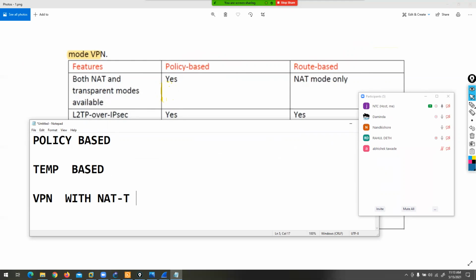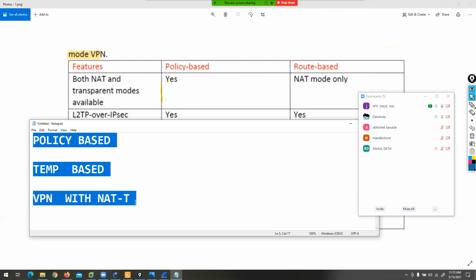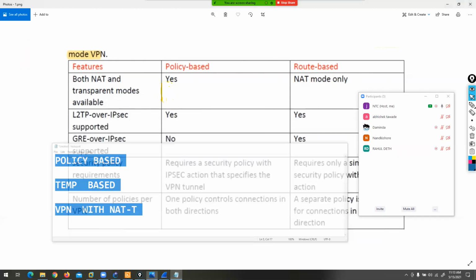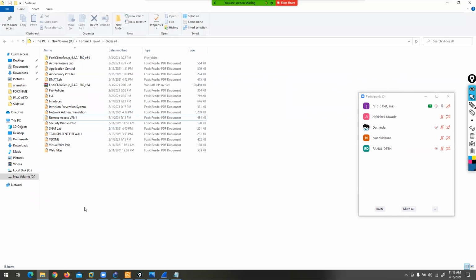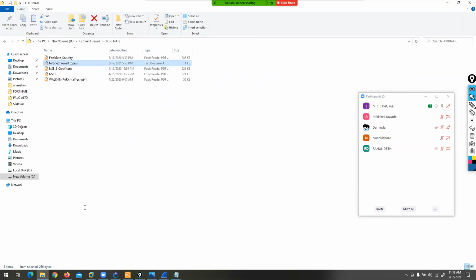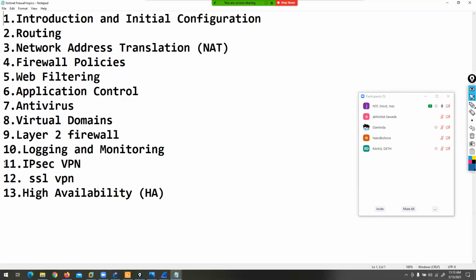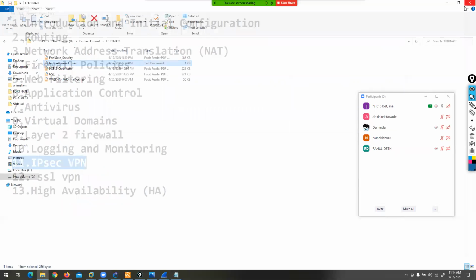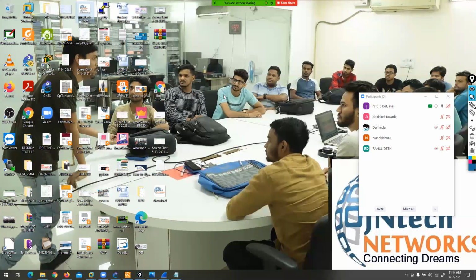So let's continue this session because only these three topics will take minimum 3 hours. So max tomorrow we can finish our IPsec VPN implementation. Only this topic. I told you this topic, IPsec, required 3 to 4 hours minimum. Okay, guys. Let's continue tomorrow same time, 9:30 a.m. morning time. Thank you. Bye bye, guys. Take care.